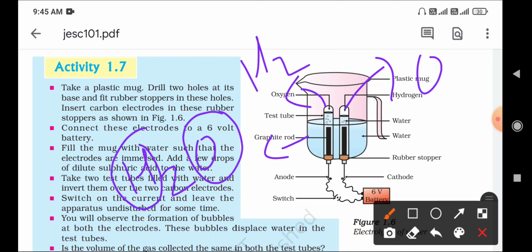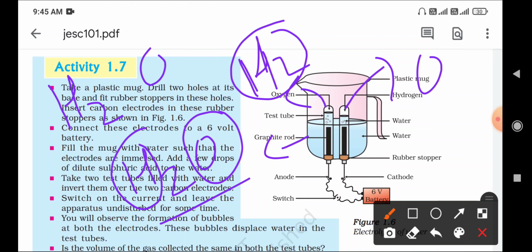The test tube having the greater amount of gas we can call H2, because what is the formula here? H2O, water. So the water is splitting, which means 2 hydrogen and only a single oxygen. So which one is greater here? Hydrogen gas is more and oxygen is less. So that is called the 2:1 ratio, because 2 hydrogen, only 1 oxygen. That is called the 2:1 ratio.